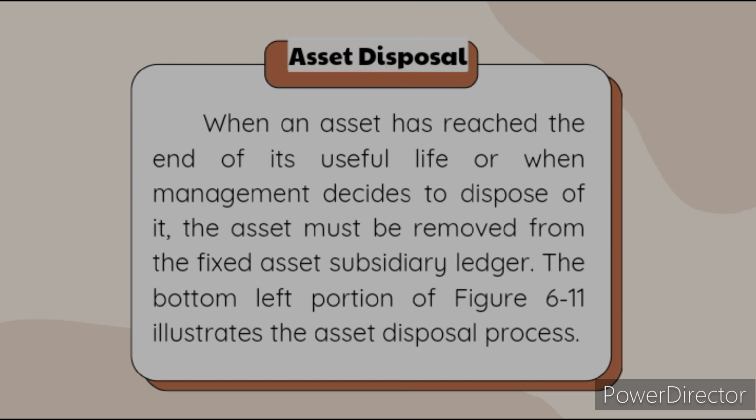So, this is the process of disposing of an asset when it reaches the end of its useful life or when management decides to get rid of it. The process involves the responsible manager issuing a disposal request, obtaining proper approval, and selecting one of several disposal options such as selling, scrapping, donating, or retiring the asset. A disposal report detailing the final disposition of the asset is then sent to the fixed asset accounting department for authorization to remove it from the ledger.